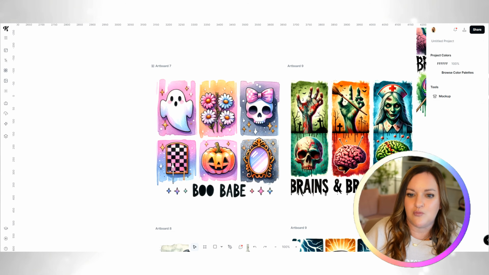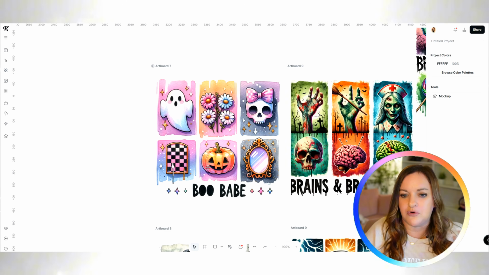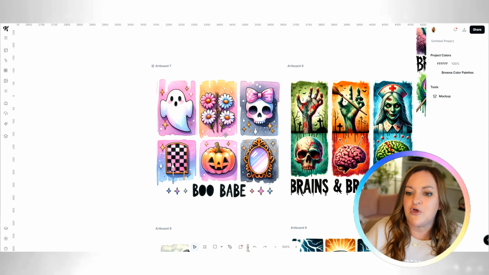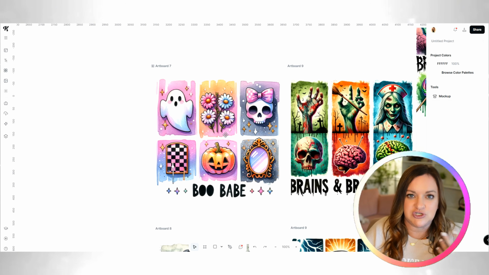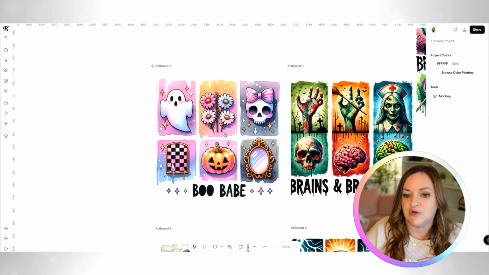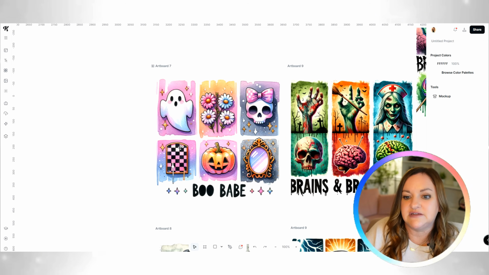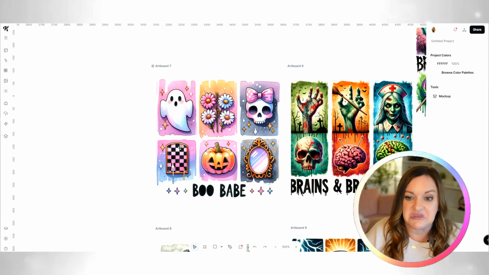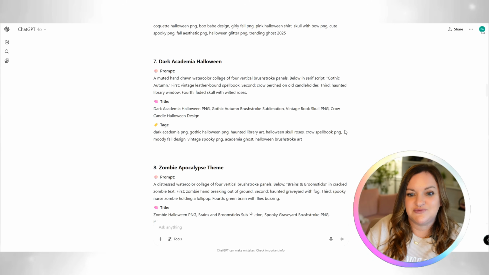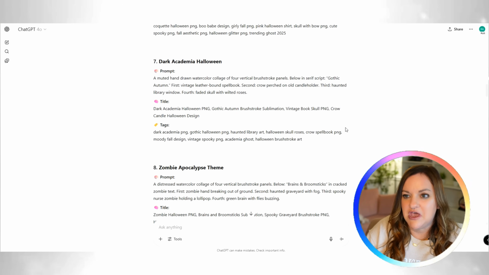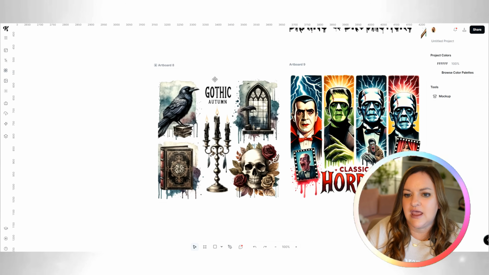It is a little bit more kawaii than I would like it. If it was more watercolory and florally coquette, which the prompt could definitely be modified to get in that direction a little bit more, but it's still something different than what I'm seeing out there, so I think it works. So this next one is really cute, the Dark Academia Halloween, and it had a quote in there that